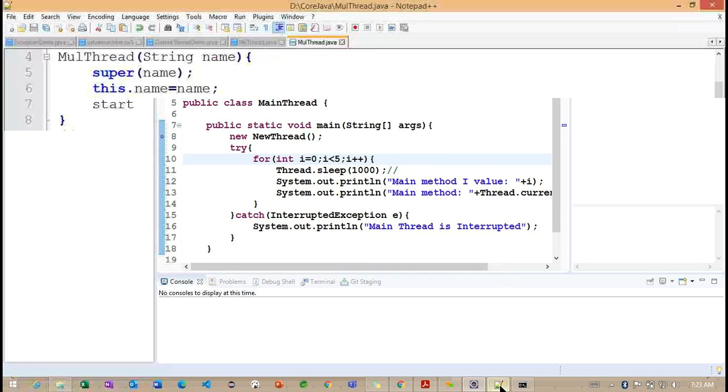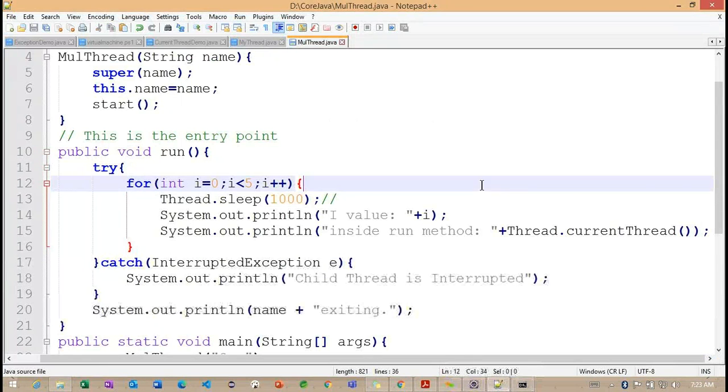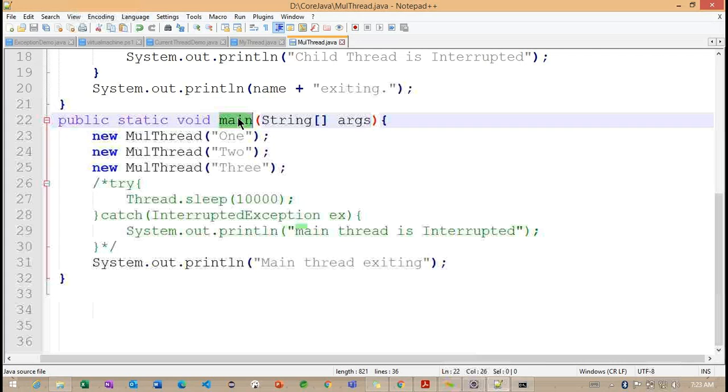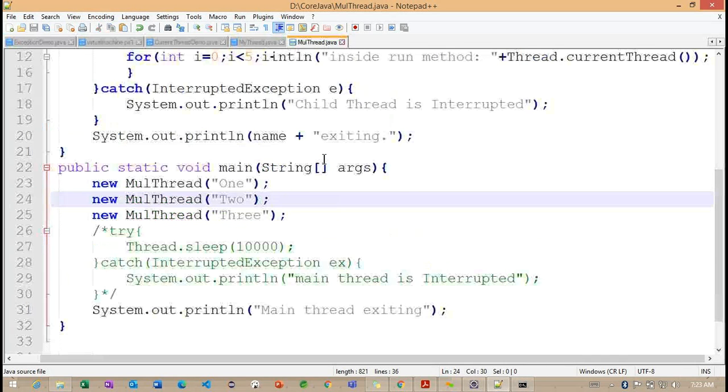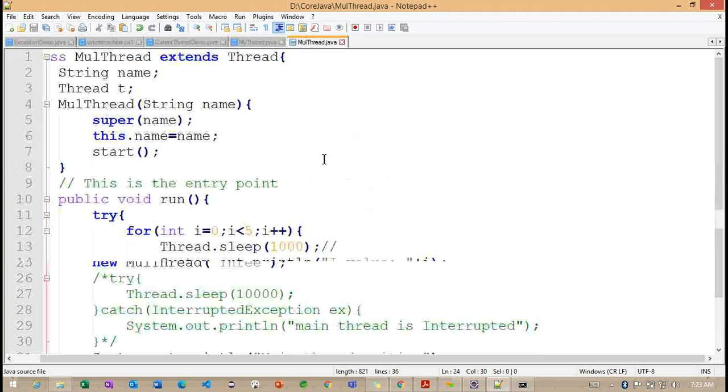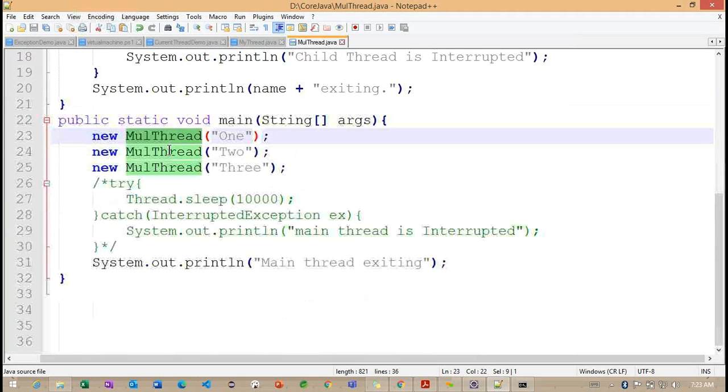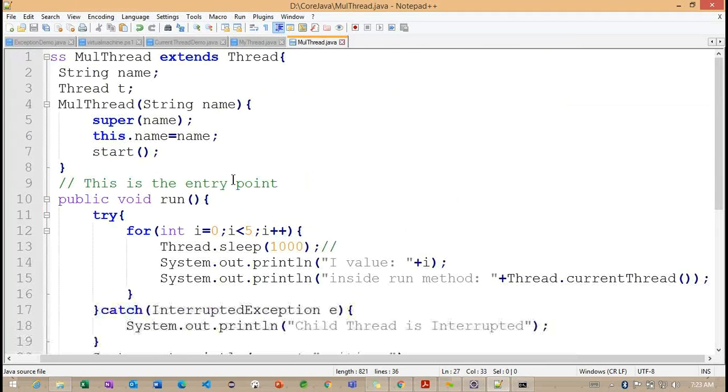Getting the point. So basically, what I want to explain for any thread is, when we are working with the main thread, or whenever we are working with a child thread, what happens internally? This particular main method is called from the run method, which we define inside the JVM. Getting the point. So in the same way, when we work with the custom threads, these are the custom threads we created here, 1, 2, 3. And here, when we work with the thread concepts, we need to define the run method. So inside the run method, whatever code we define, only that code is executed here.